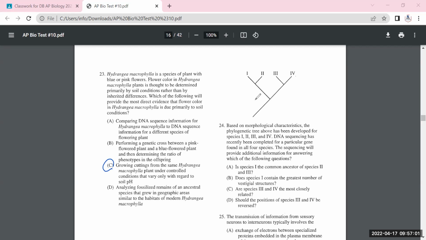Does species 1 contain the greatest number of vestigial structures? They're trying to say, like, is it the oldest one? Not necessarily, right? Yeah. Are species 3 and 4 the most closely related? Yes, they are. Should the positions of 3 and 4 be reversed? Remember when you switch your clade, if I put 4 and 3,